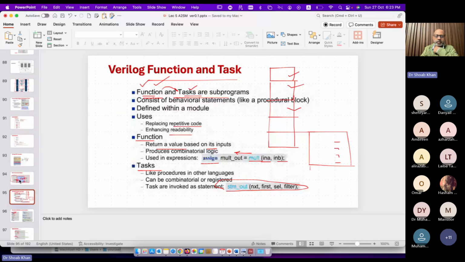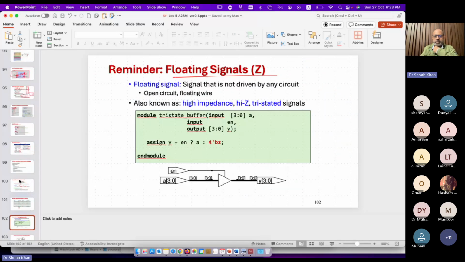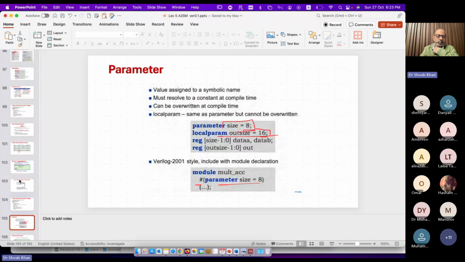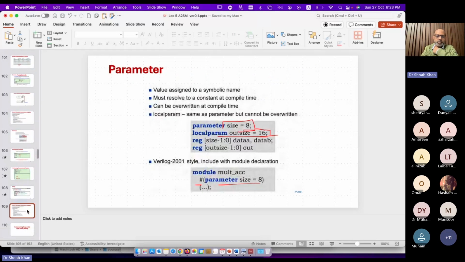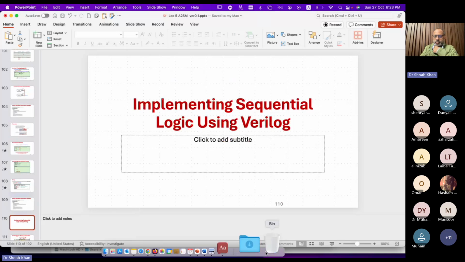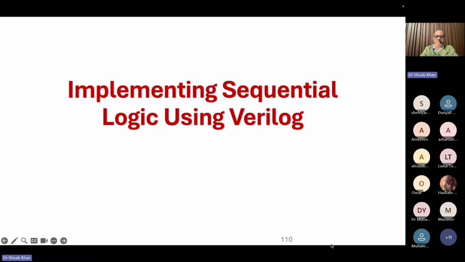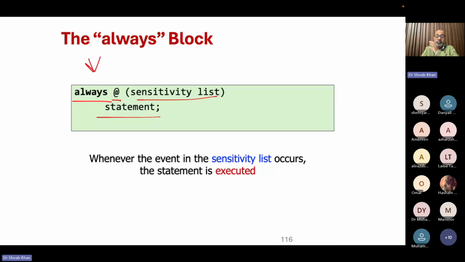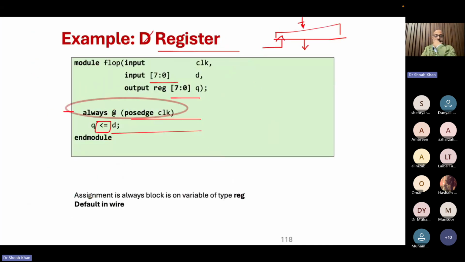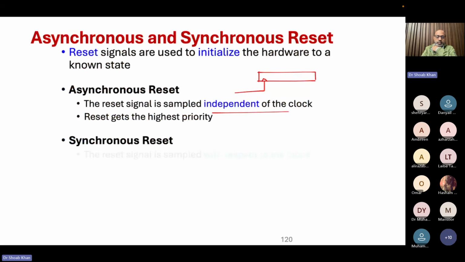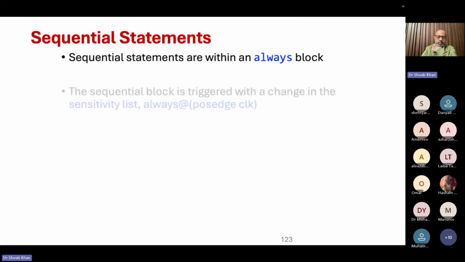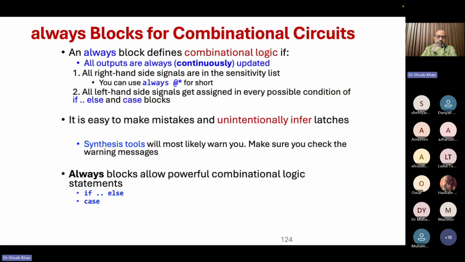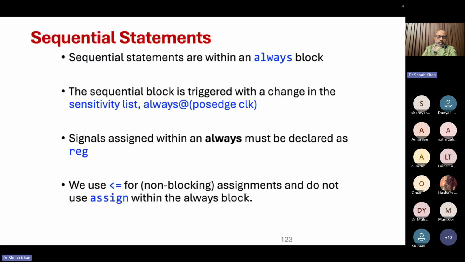Honestly, I'm just doing it once. It amazes me how easy it is to design a chip which has some very complex functionality. Okay, just break it down into pieces, understand, learn about the architecture, and that's it. So now we know that there is a sensitivity list in case of